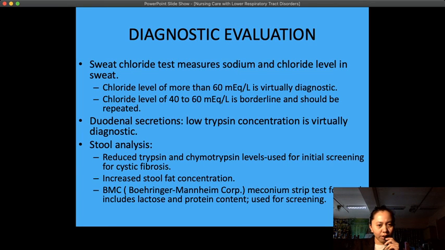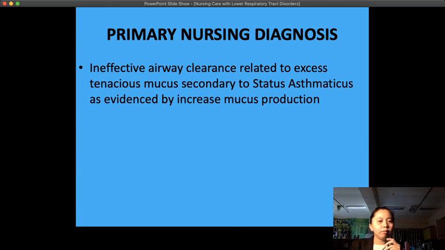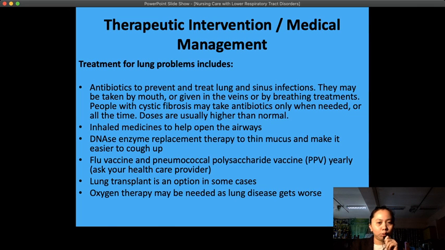So, diagnostic evaluation, paki-review na lang. Okay, diagnostic evaluation, basta one of the most important diagnostic evaluation would be the chest x-ray. Okay, and then some other pulmonary function studies. Alright, so primary diagnosis: ineffective airway clearance related to excess tenacious mucus, secondary to status asthmaticus as evidenced by increased mucus production. Okay? So, therapeutic intervention or medical management, flu vaccine, pneumococcal polysaccharide vaccine, lung transplant if possible,